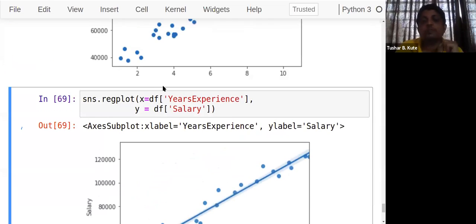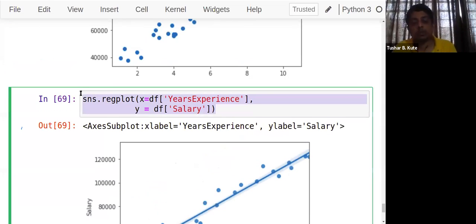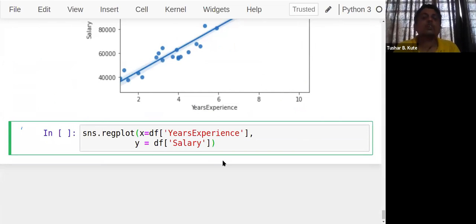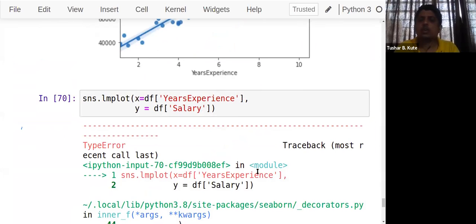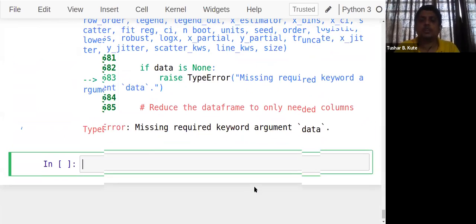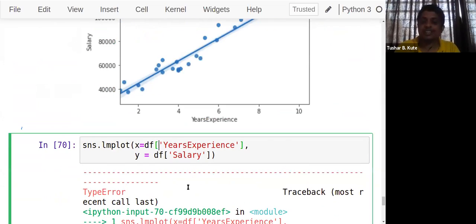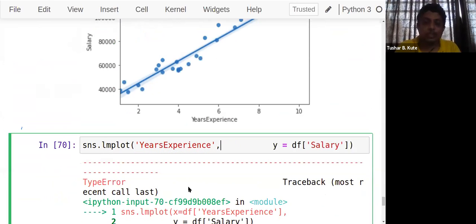Okay, this is the first method, and the second is the linear model plot, lmplot, that we can use. So instead of regplot, I use lmplot here. Oh, what's missing? So for lmplot we require the data frame. So many functions, so many things to remember.